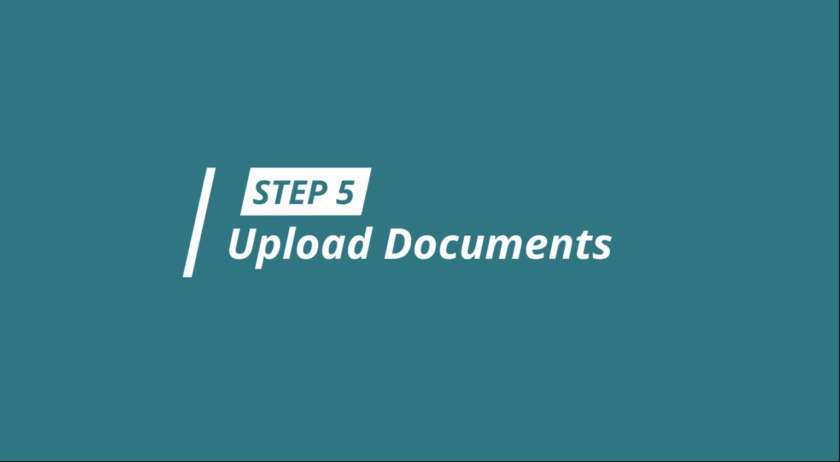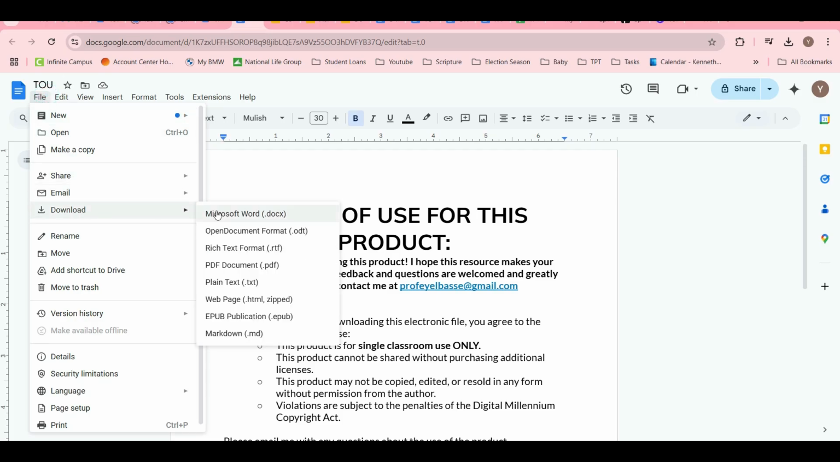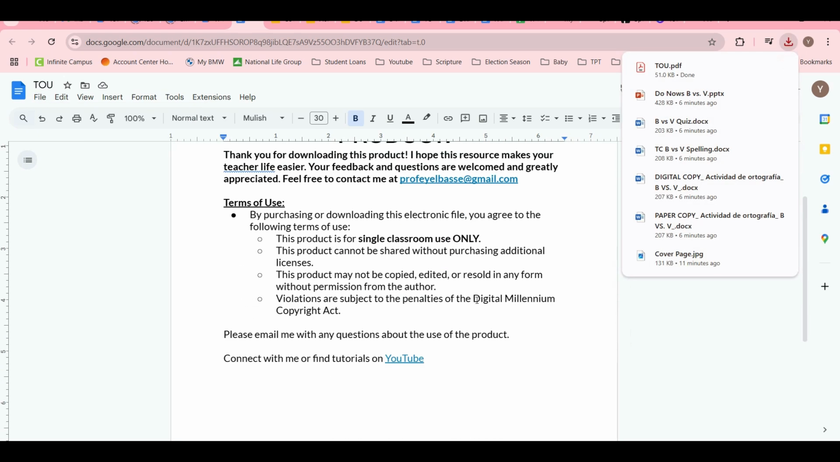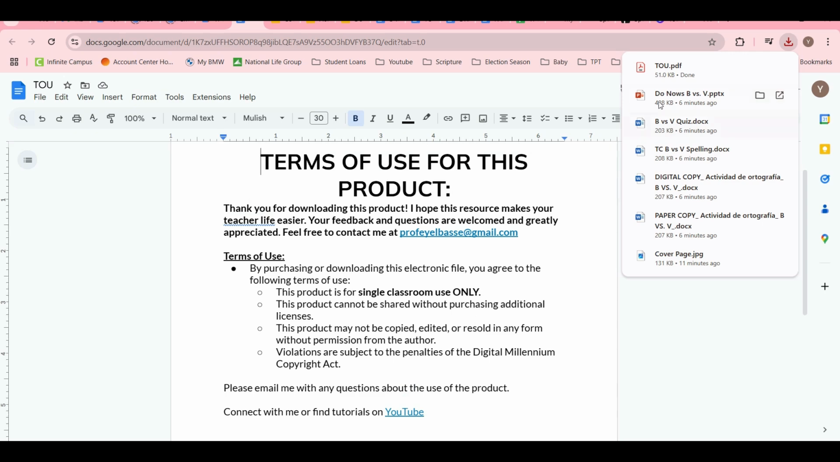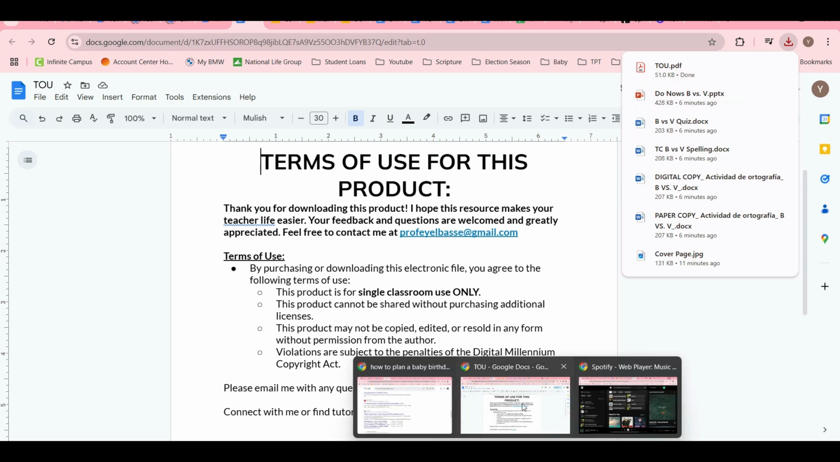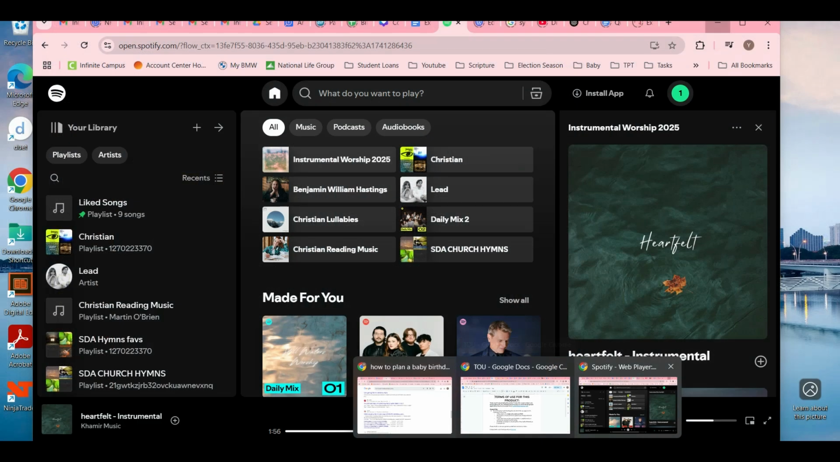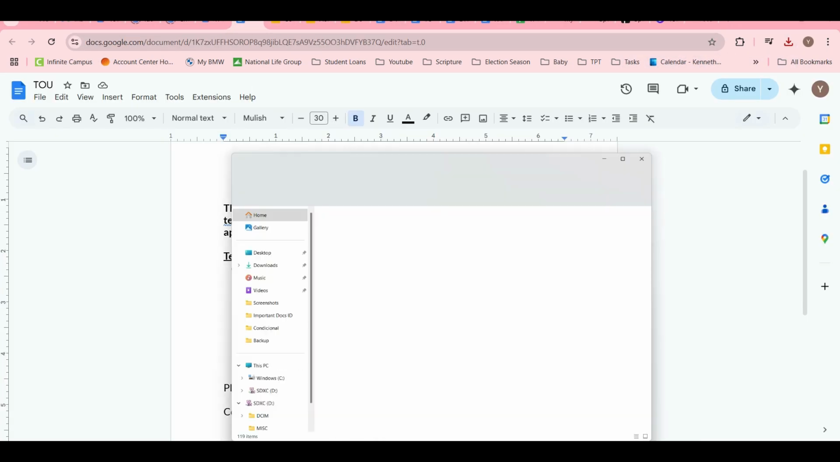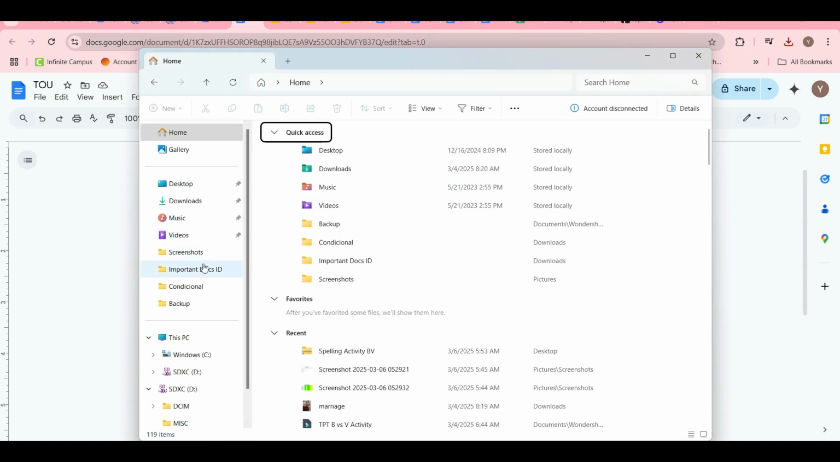Step 5, upload documents. We're almost finished, friends. So it's important to add this terms of use for this product. I got this template from another YouTuber, and I just adjusted it with all my own information, but essentially I just download it as a PDF and I make sure that I add it along with any documents